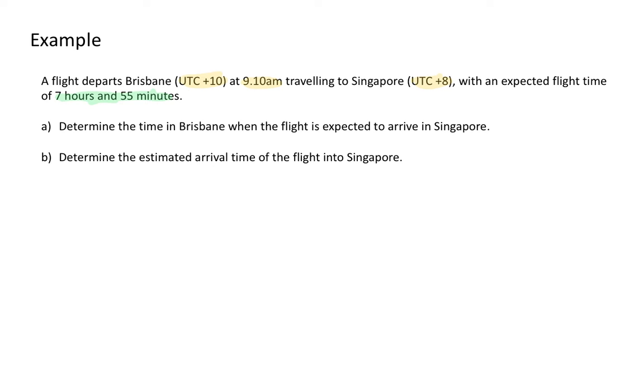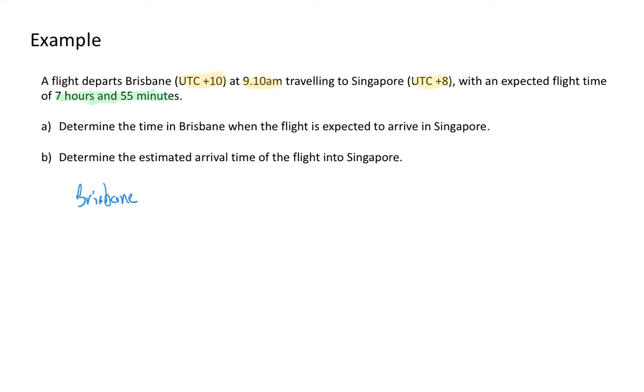So the question is asking us to determine the time in Brisbane when the flight is expected to arrive in Singapore, and then determine the estimated time of arrival in Singapore. So looking at part A, it's asking us to determine the time in Brisbane that the flight is expected to arrive in Singapore, and that is going to be 7 hours and 55 minutes after 9:10 a.m. So starting off with my Brisbane time,